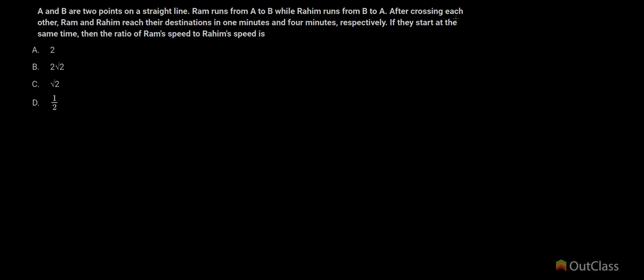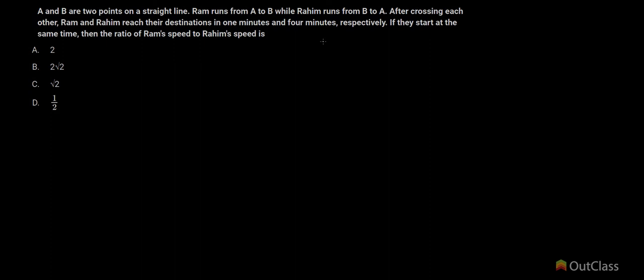A and B are 2 points on a straight line. Ram runs from A to B while Rahim runs from B to A. After crossing each other, Ram takes 1 more minute to reach B, while Rahim takes 4 more minutes to reach A. If they start at the same time, then the ratio of Ram's speed to Rahim's speed is which of these options? Now this